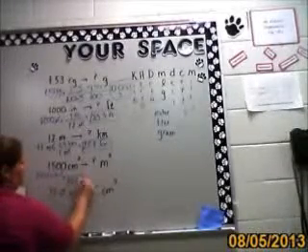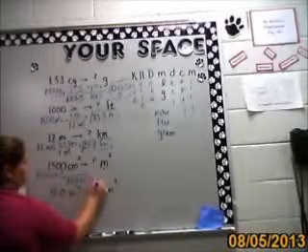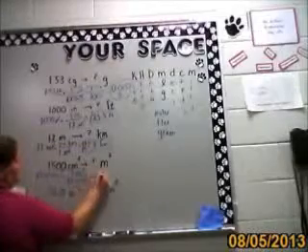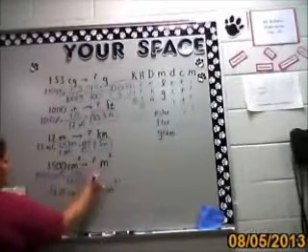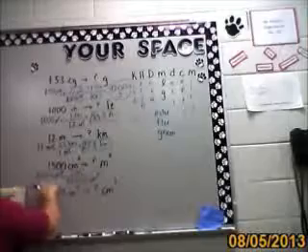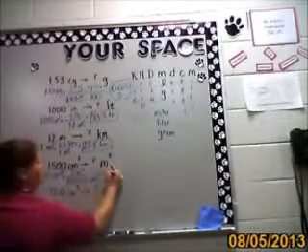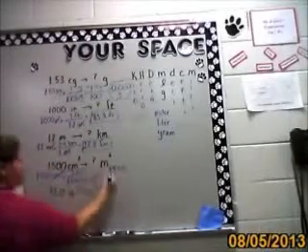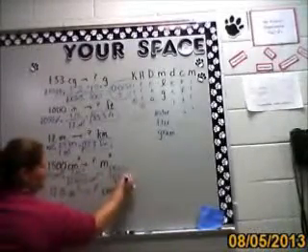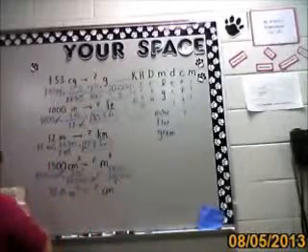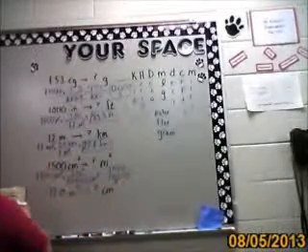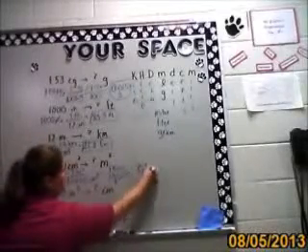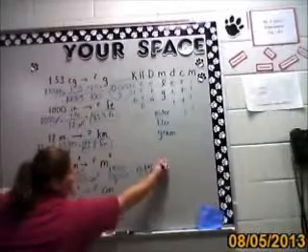There are 10,000 centimeters squared in a meter squared. Cancel identical units. Multiply across the top, 1,500. And across the bottom with the implied 1, 10,000. And I find, when I divide, that there are 0.15 square meters